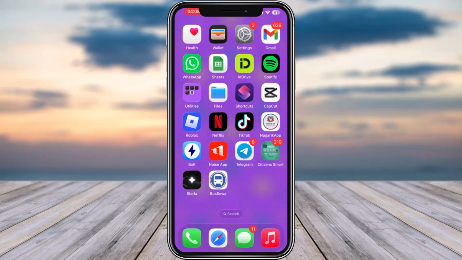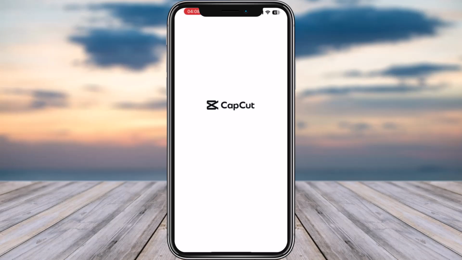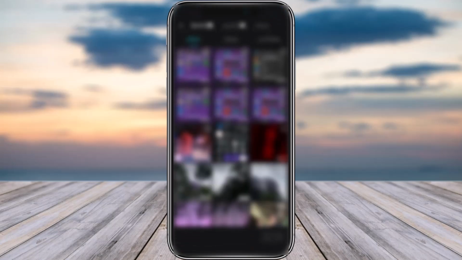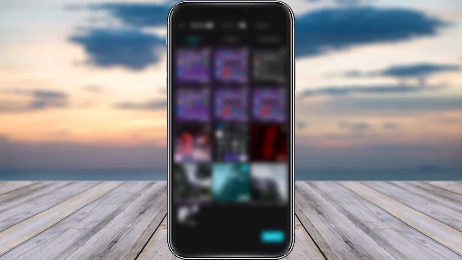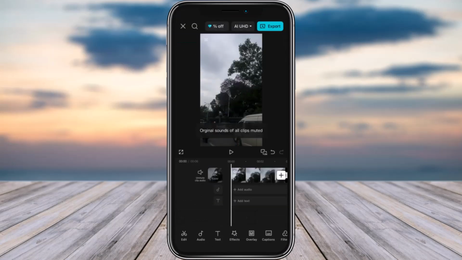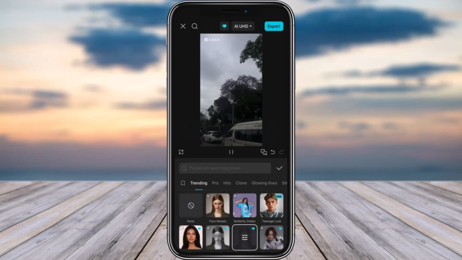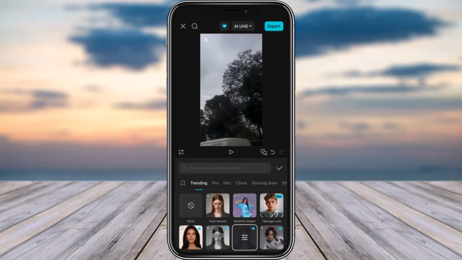Let's get started. What you need to do is first go ahead and access CapCut. Let's say you do not have a subscription, then when you use a pro tool or effect, for example, let's make a new video. We will choose this one clip right over here. We're going to add it, mute the audio, and now I'm going to go to the effect section. If I use any of these pro effects, it will simply make my video pro. But if I use the free